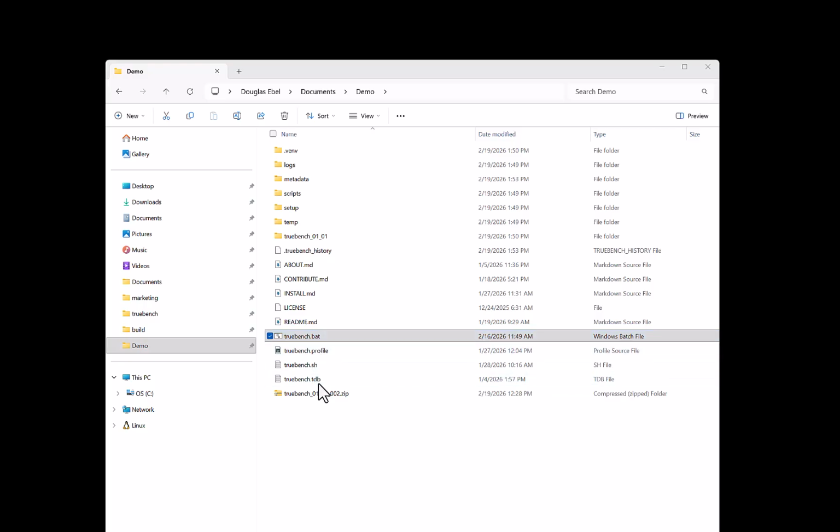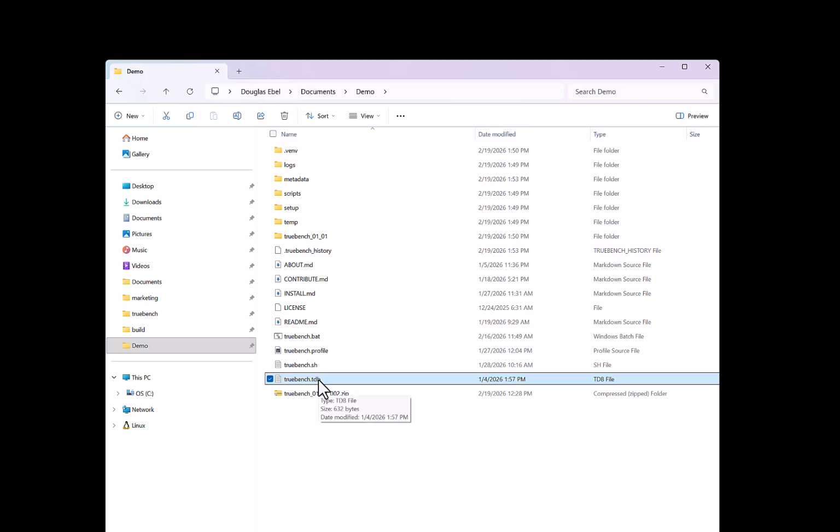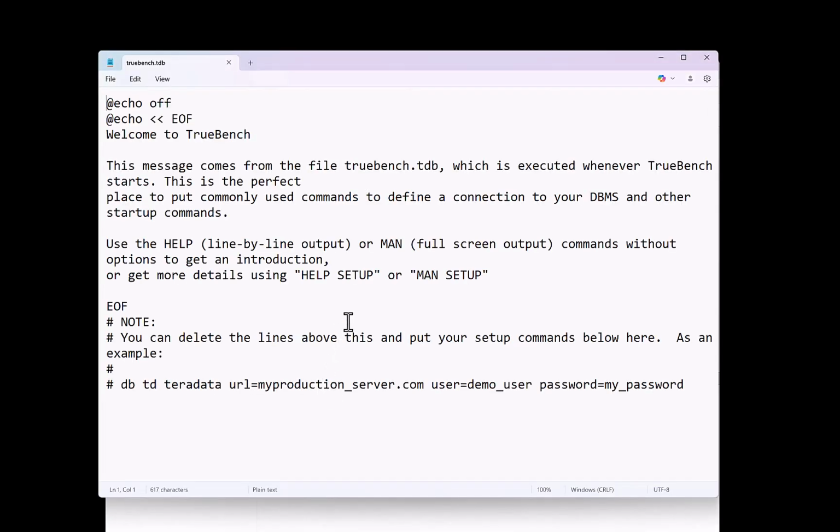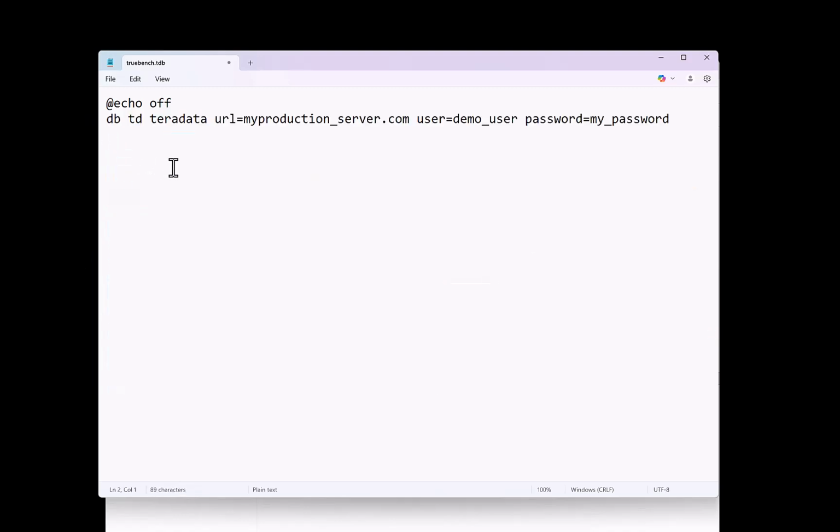The startup file is named truebench.tdb. We use .tdb as a suffix for scripts. What you see are the instructions that were displayed when we first started TrueBench. TrueBench follows OS conventions, but the echoes and comments you see are interpreted by TrueBench. We'll define a database for TD. Teradata is the name of the driver. The URL is going to reference a Vantage that is running on my laptop, so I'll use a local IP